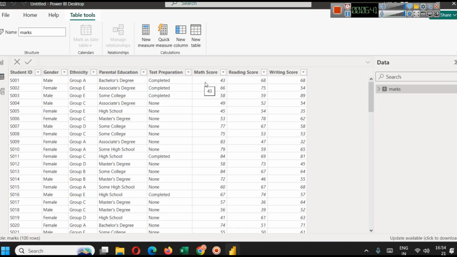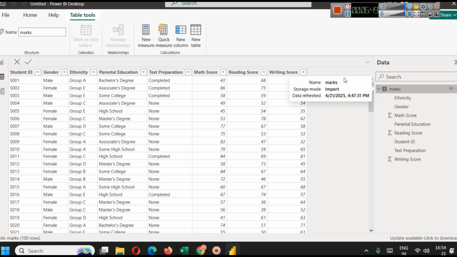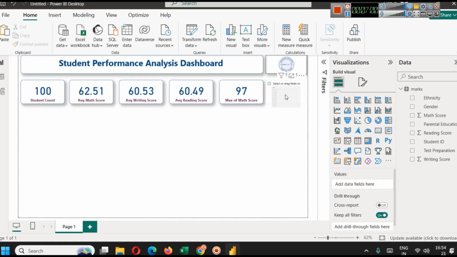Our output field can be math score, reading score, writing score, and we can also create a calculated column, which can calculate average total score, which I will show you how to do. But before that we will use a slicer,